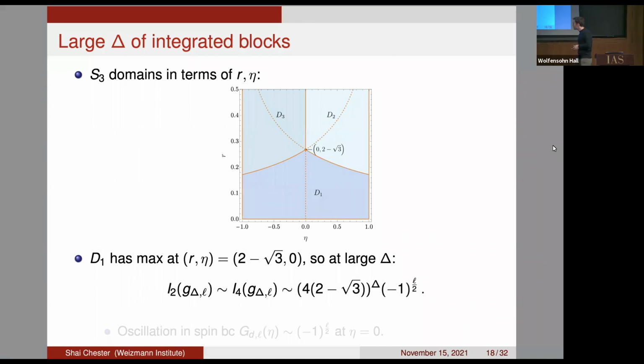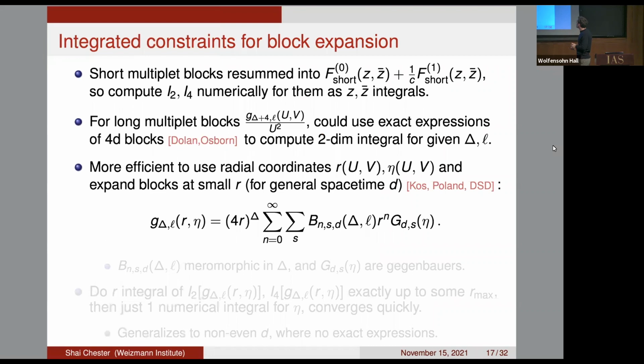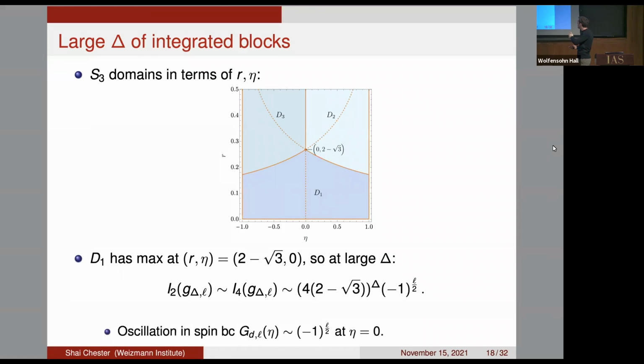And so this means if you're looking at the integrated constraint acting on a conformal block, and if you're looking at very large values of delta, and you want an estimate of how this integrated constraint grows with delta, it's just going to go like the maximal value of R within that regime. Recall that the blocks in this small R expansion had a factor of 4R to the delta, and then just a bunch of polynomials in R. So at very large delta, they asymptote to 4 times the maximum value of R to the delta, which is 2 minus root 3. And so that's why we see that the integrated constraints are growing exponentially, like 4 times 2 minus root 3